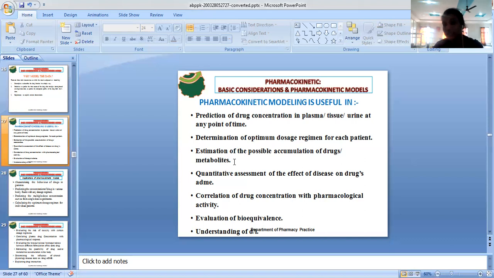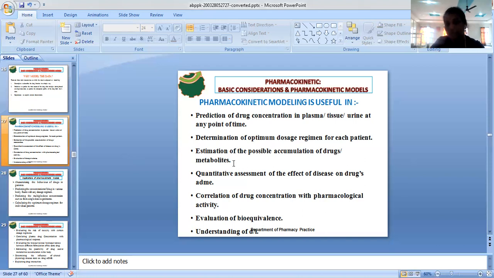If the 250 mg is not completely eliminated, that drug will remain back in our body. If you administer another dose, 250 or otherwise 100 mg, whatever it may be, that subsequent dose adds to the 250 mg, and now with the administered 100 mg, 350 mg will be accumulated in our body. That possible accumulation of the drugs can also be estimated,